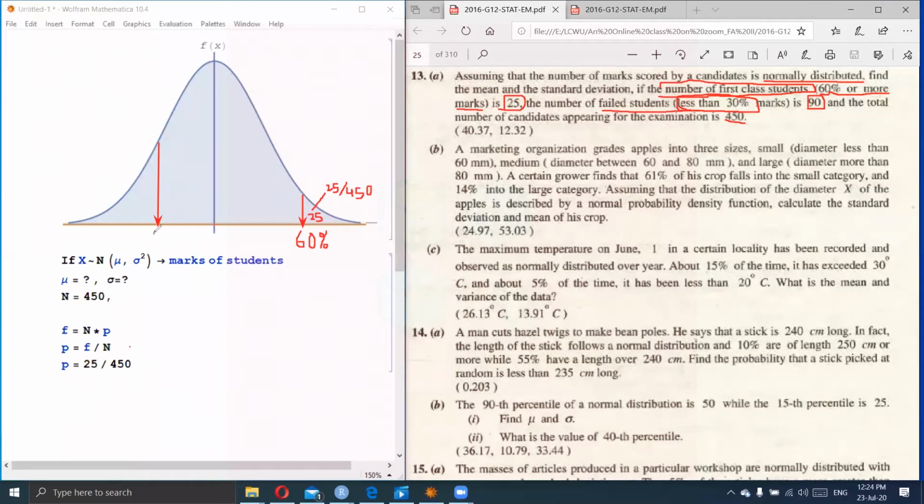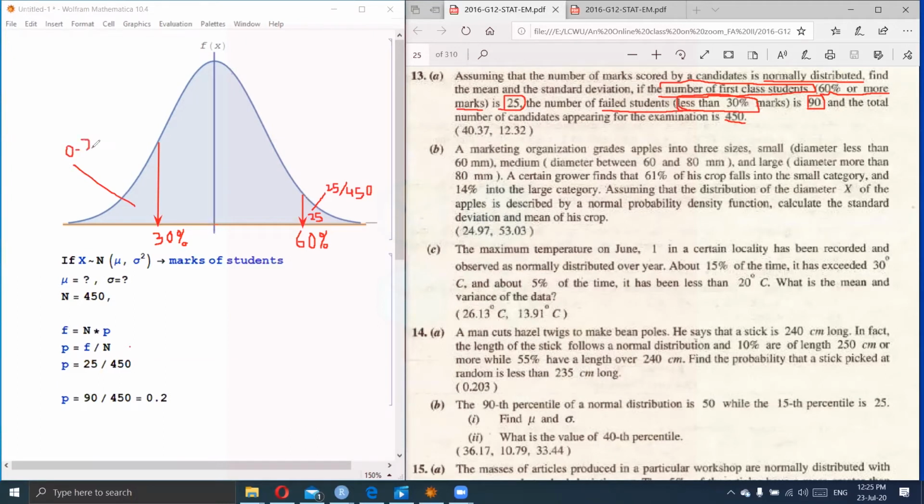So this point is 30%. Now we can obtain probability by dividing the number of students who lie in this area, less than 30, by 450, the total number of students, and this probability is equal to 0.2, and we can write the shaded area here is 0.2,